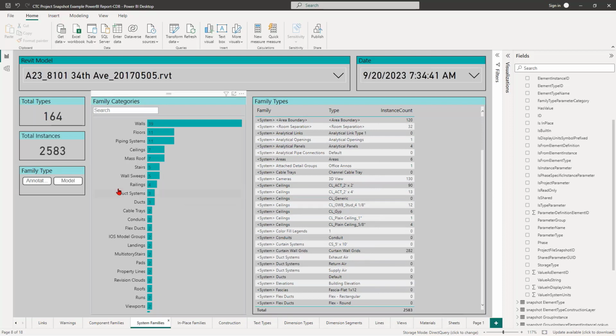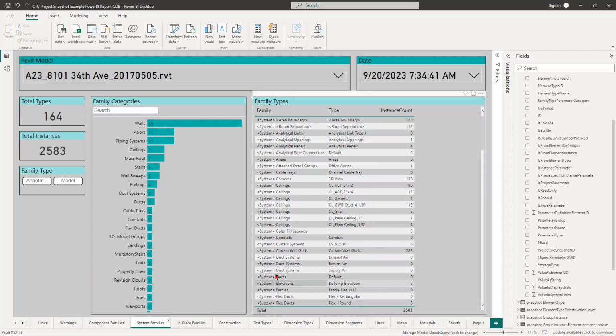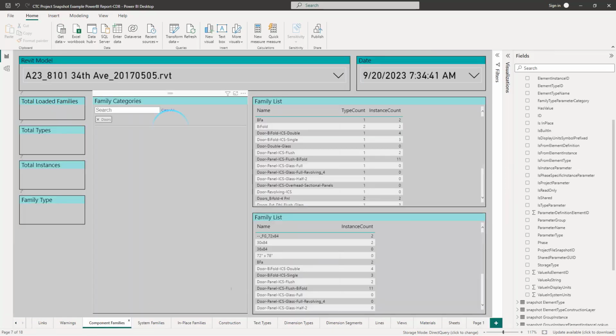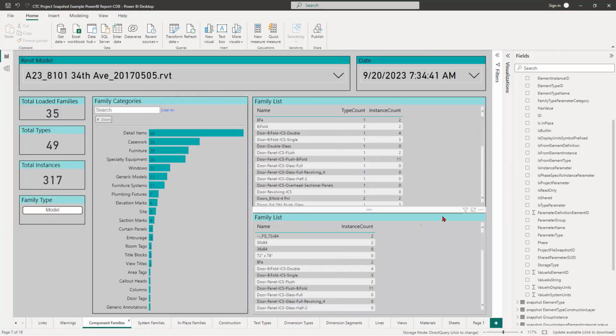I'm trying to think if there's something else I wanted to point out. I'm not very good at building Power BI reports either, so I'm not going to sit here and pretend like I know what I'm doing. I just wanted to make sure that you guys understand that whatever you think you need, Data Suite will get it to you. And what I will add before I shut this down today is, if you have questions about the data,